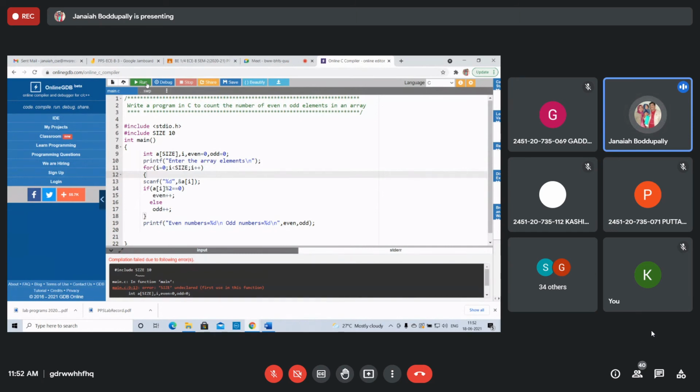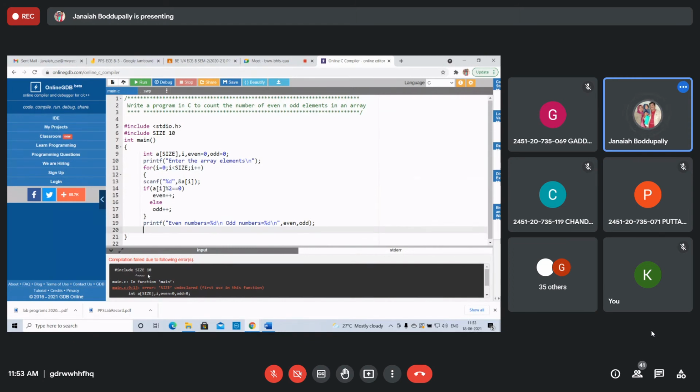Include size 10. Any mistake? Sir, we have to take size 10, sir. Or include, yes, size 10. One minute, wait. Otherwise, you can give 10 here only instead of size. You have 10, global value. Why are you getting errors?